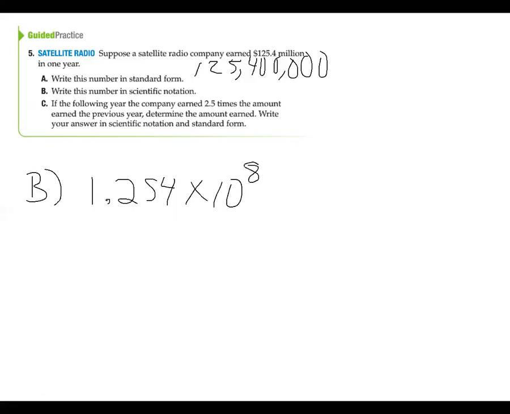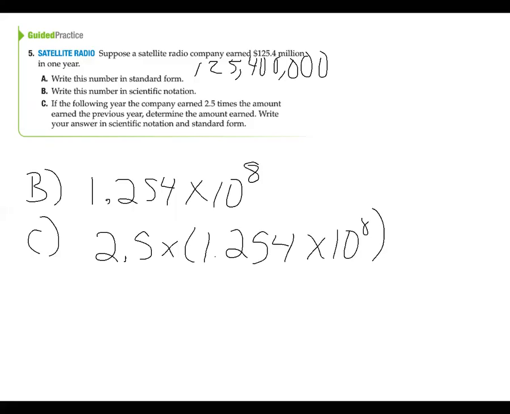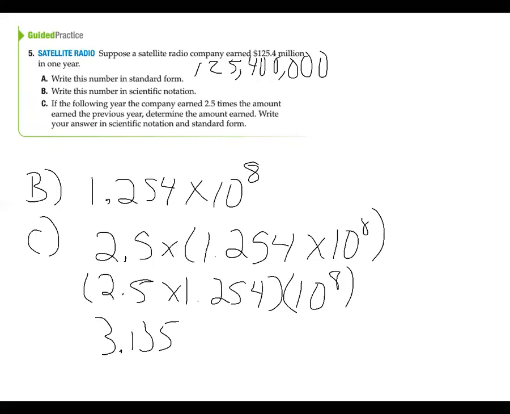The following year, the company earned 2.5 times the amount earned the previous year. Determine the amount earned. Write your answer in scientific and standard form. So all I have to do is multiply that by 2.5. Okay, so I can regroup: 2.5 times 1.254 is equal to 3.135 times 10 to the 8th,